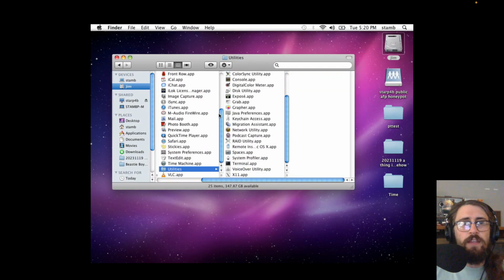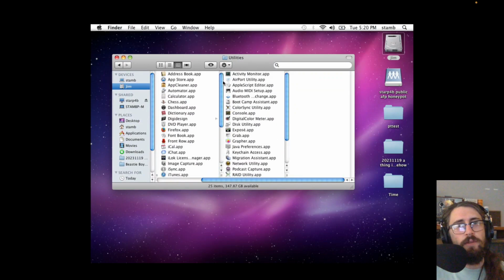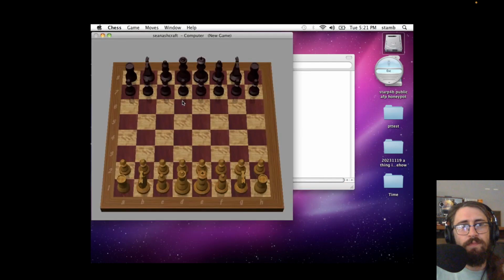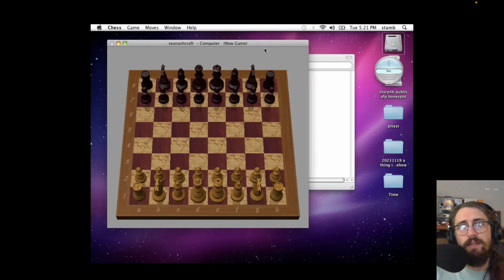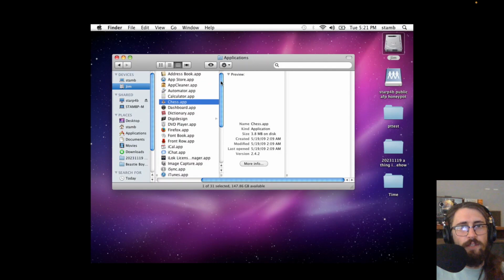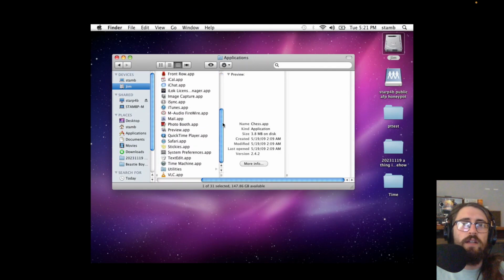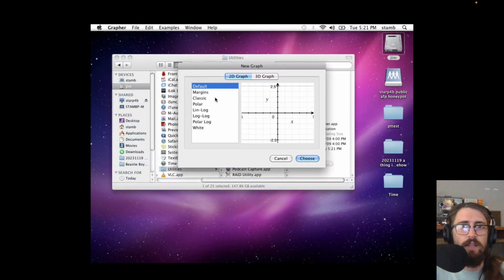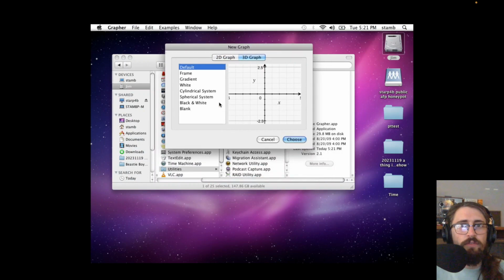I think the notable thing about Apple computers is that they never really come with anything fun. Not anymore. Or maybe it's just chess, really? You ever played chess? That's the fun game you include with your computer. But I will grant it that it does have a pretty cool Grapher app that it comes with. You can do a 3D graph.